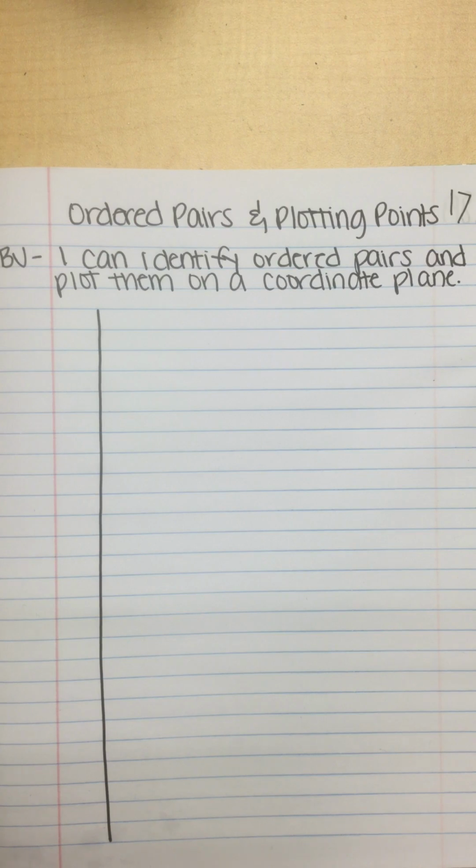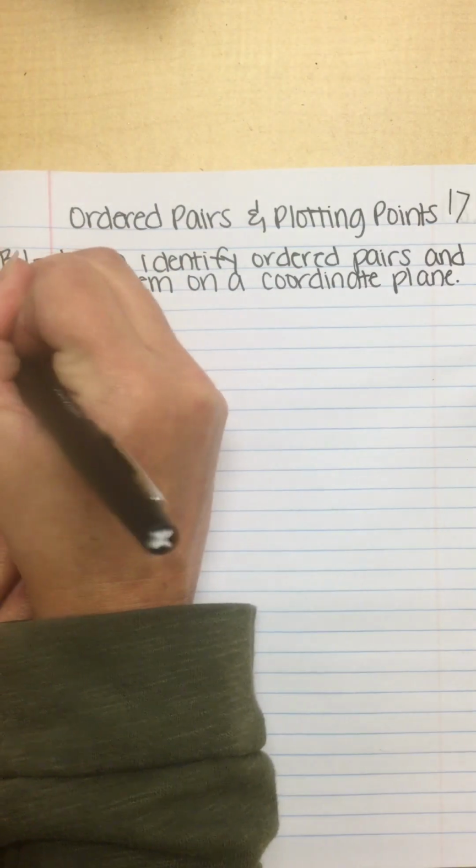Today, our objective is that I can identify ordered pairs and plot them on a coordinate plane. So we're going to talk about different ways that you're going to see an ordered pair and what ordered pair actually means. And then we're going to learn how to take that ordered pair and put it on a coordinate plane. So let's start by putting